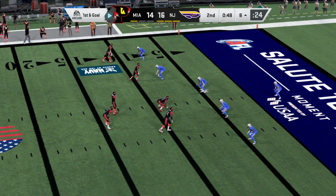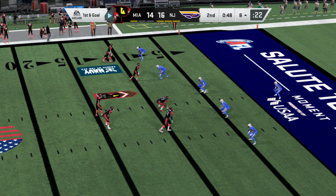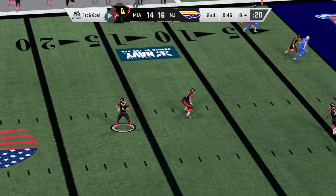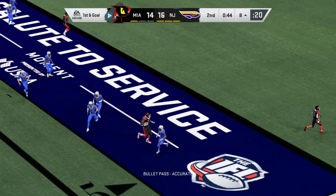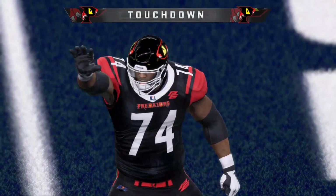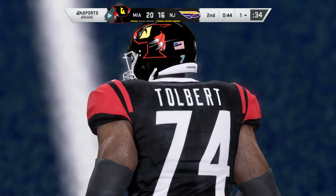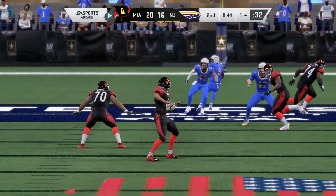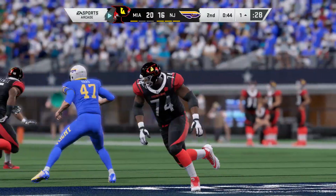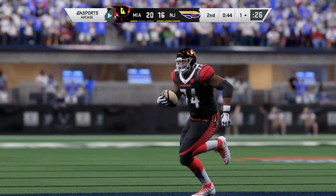So it's 1st and goal and a great opportunity to get that lead back before the break. From the gun, Hicks. He's got it. Touchdown, Dolphins. From 8 yards out, and the Dolphins are going to jump back in front. And while that touchdown does not give them an insurmountable lead, it's still a lead, and that always feels good